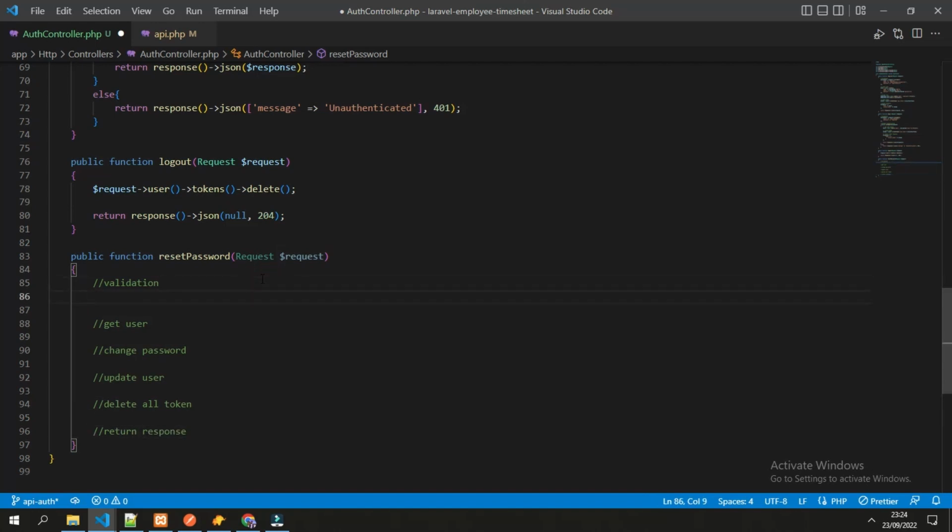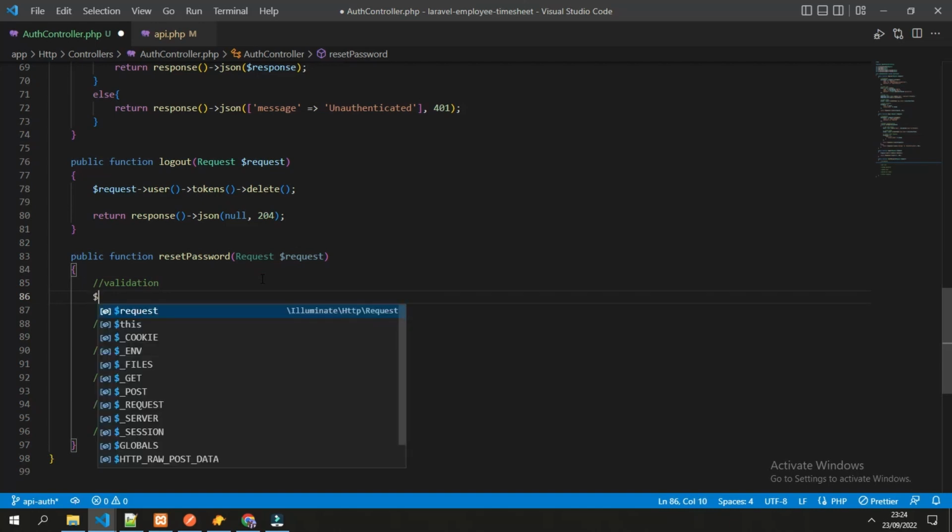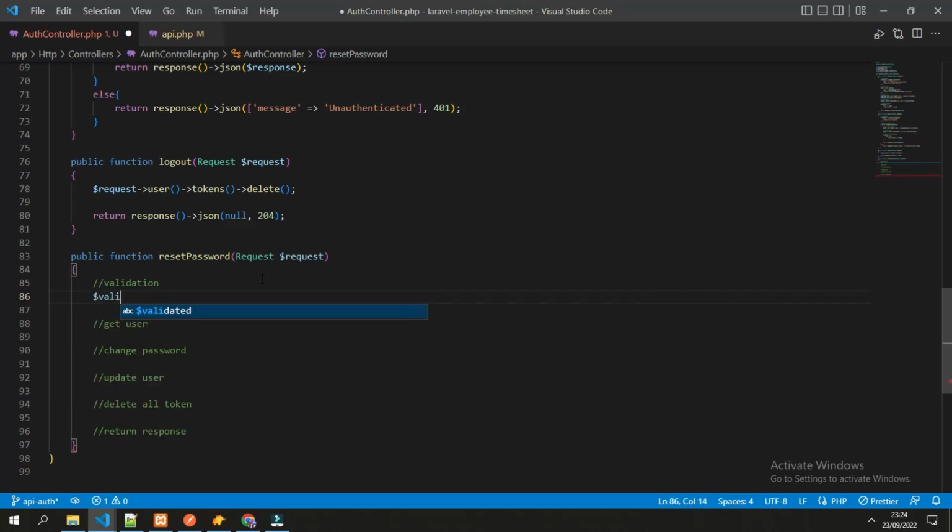Let's try from the top. As usual, we create the array object, request, validate, and there are more complex things to do when to reset password, but for the scope of this course, it's just a simple reset password function.